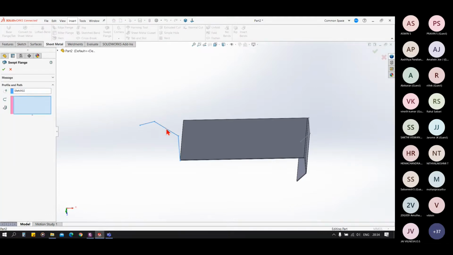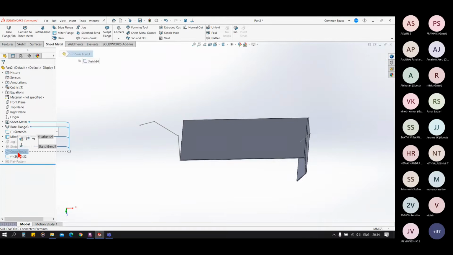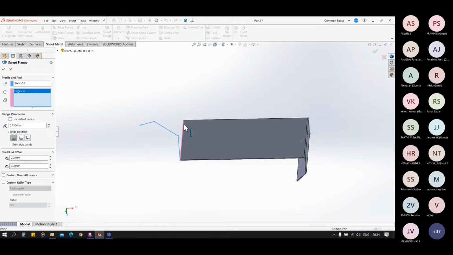So I'm going to this. I have selected this profile, and for the path, this and this. Wait a bit, I have to delete this cross. So in the swept flange, I have selected this profile, and in the path, I have to select this edge and this edge. And in this case, I can change the radius.